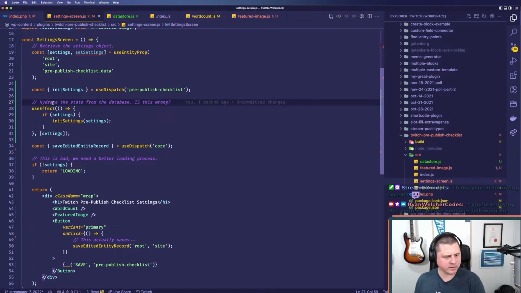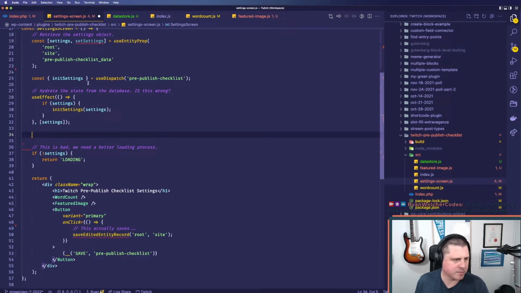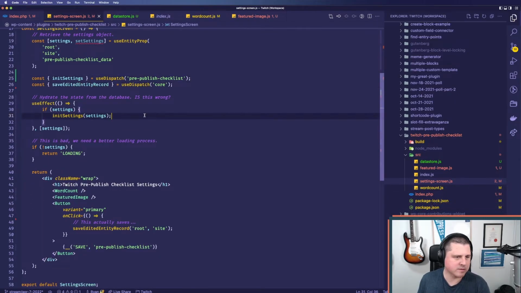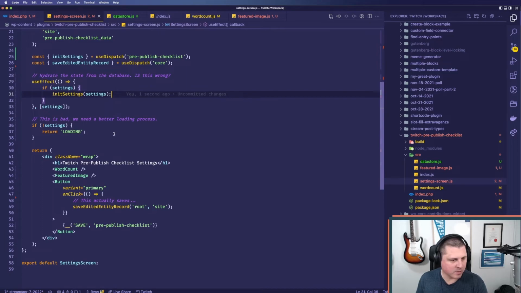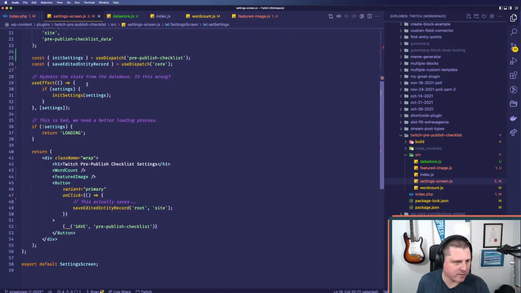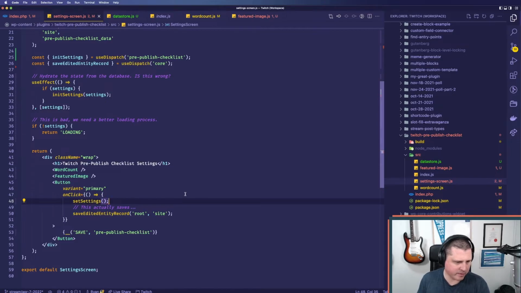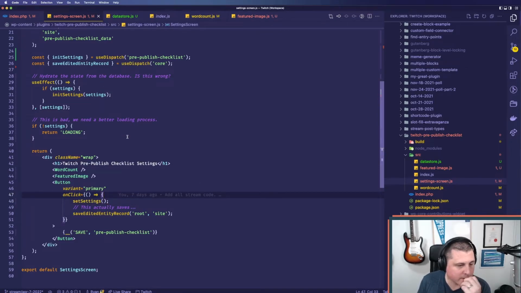Cool. So we're going to leave it like that. I'm going to put my dispatches up here. So this is going to get our settings. The other thing we want to do is, when we need to set the settings, we're going to call set settings in here. Now this would be a good time for us to have a means of getting